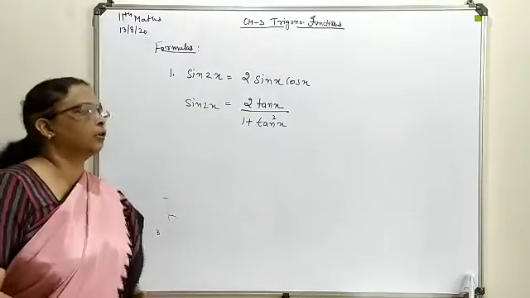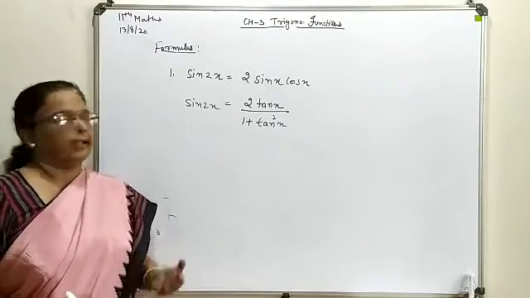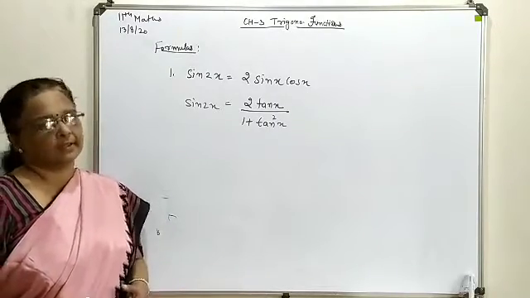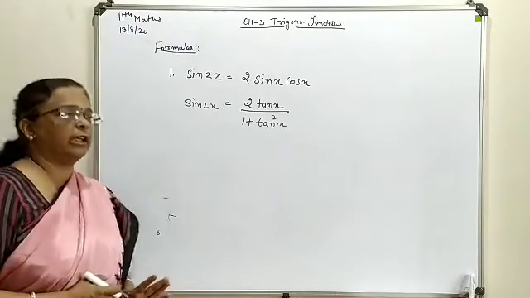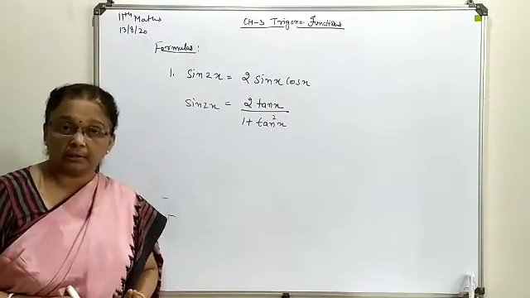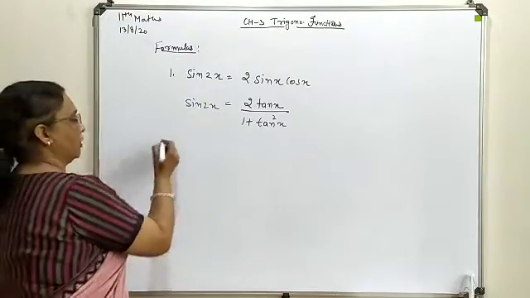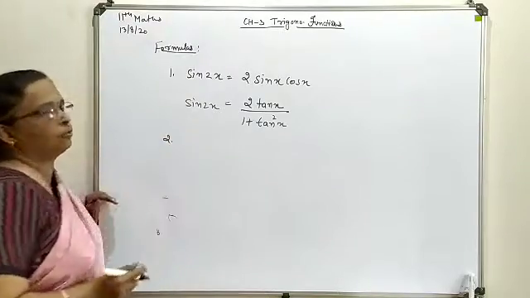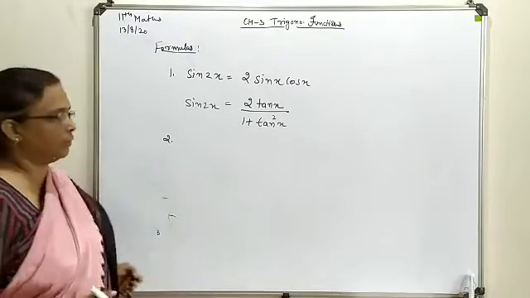So it depends on the question form which form suits the question, and accordingly you have to go for selection. So it is not fixed that if you are dealing with sin 2x, you will compulsorily follow this formula only. It may use your tangent forms. Now the second, cos. With cos 2x we have various forms and interconversion also. So let's try to understand.